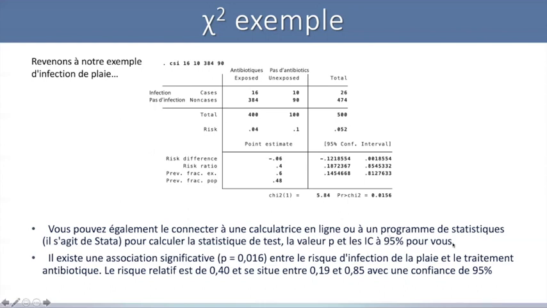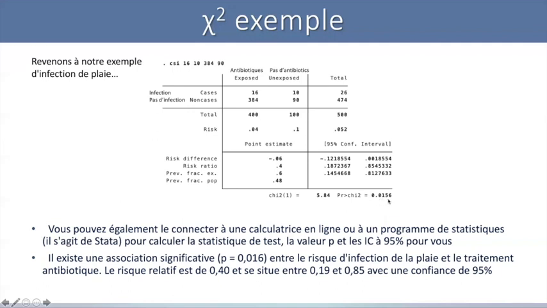My calculation says that the risk of wound infection in those exposed to antibiotics is 0.04, and the risk of wound infection in those who didn't receive antibiotics is 0.1. The software calculates the risk difference and risk ratio for you here, as well as the 95% confidence interval for each of these for you. And at the bottom, I see this chi-1 equals 5.84. This means that the chi-squared test statistic for 1 degree of freedom is equal to 5.84. And then I see this here telling me that the p-value is